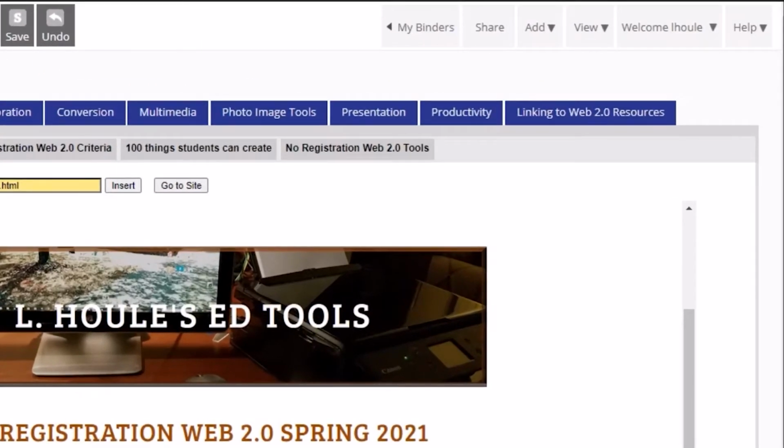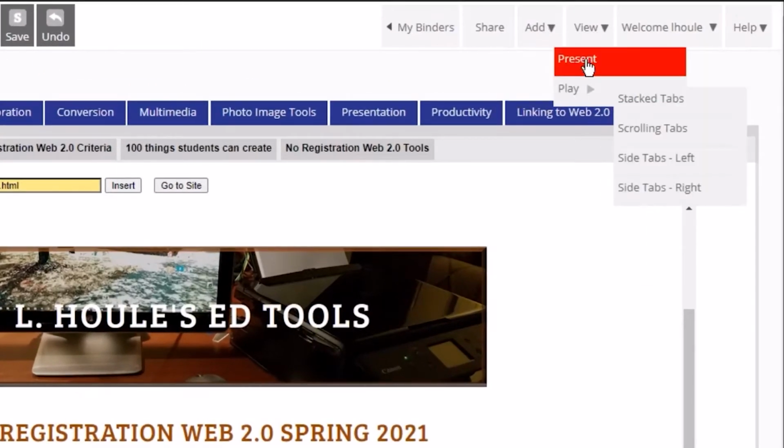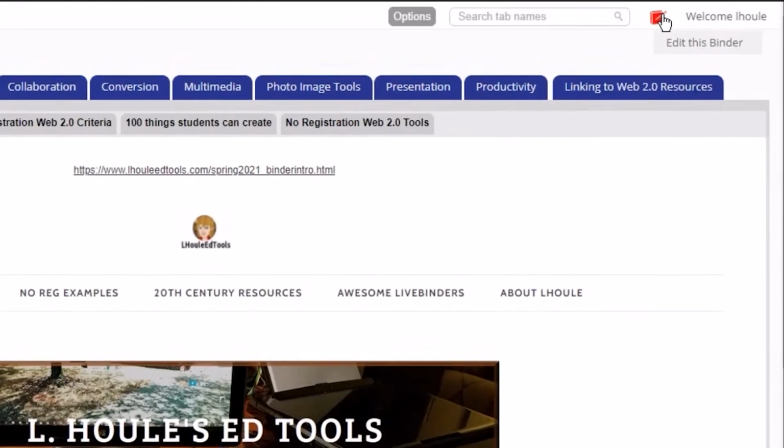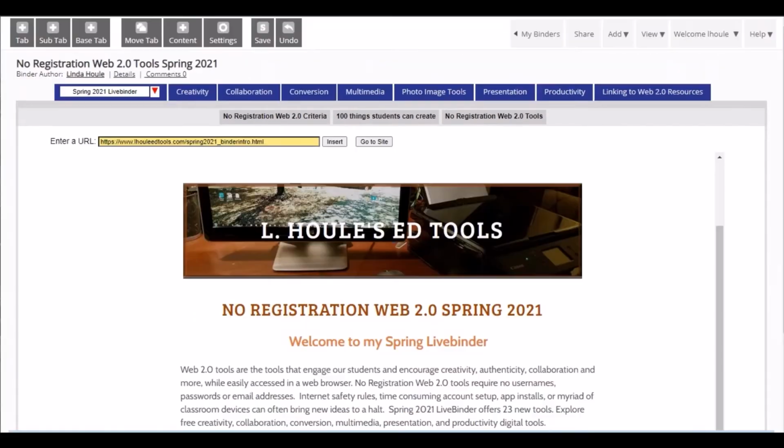I did that by going to View, Present, leaving Edit Mode. Then to go back, I'd have to click the Edit icon to resume editing. Now, if I want to preview how my new LiveBinder will look to my viewers, I can